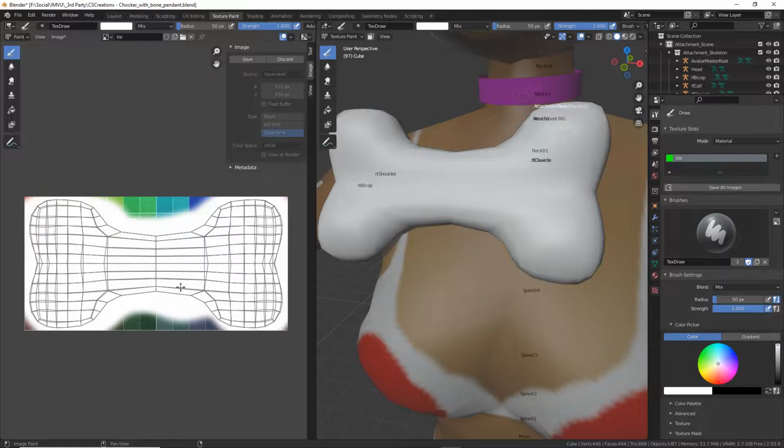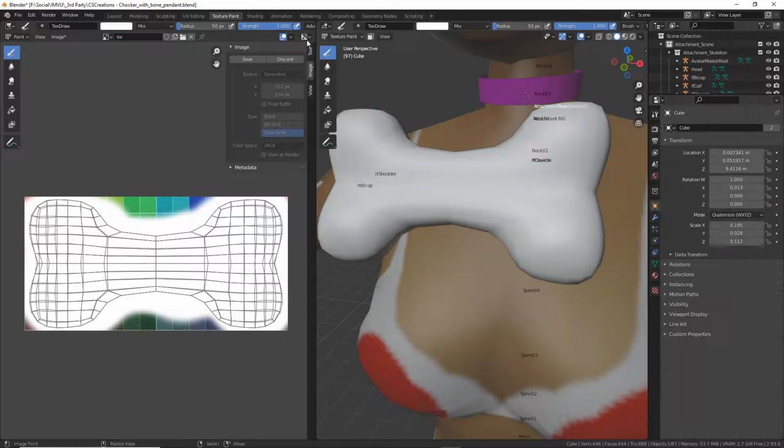Yeah. So that's viewport display. Whenever you do that, it's always going to be in object properties, and it doesn't matter what workspace you're in. So we're in Texture Paint at the moment. Viewport display, and then down at the bottom, display as textured solid. Well, it'll be white anyway, but